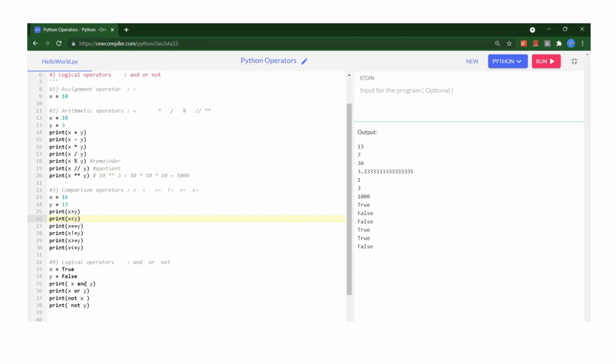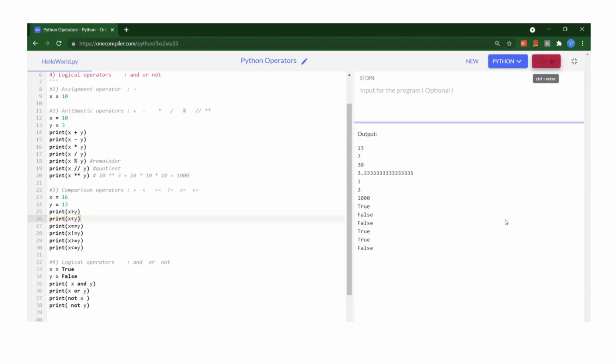For the AND operator, whatever conditions are there before or after, both should be true, then only AND will return true. For or, any condition between x and y can be true. If any condition is true, it will return true, otherwise it will return false. Not will change the value. If it is true, it will change it to false. If it is false, it will change it to true.